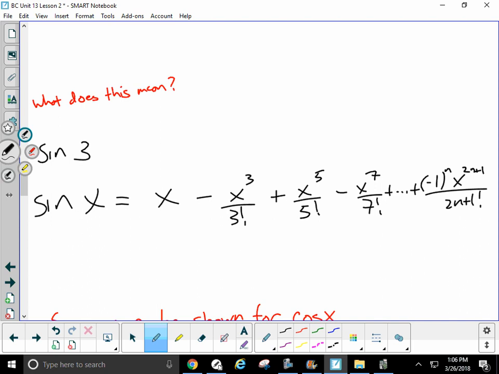If you look at an infinite amount of terms, this polynomial, that's what's fascinating about these things, is that they're polynomials. They're just using x to a power. This polynomial will give you every single exact value of sine. So it doesn't matter if we're talking about the sine of 3 or the sine of 300 or the sine of